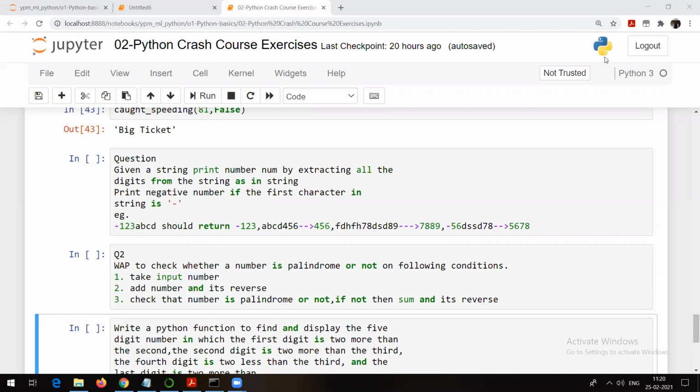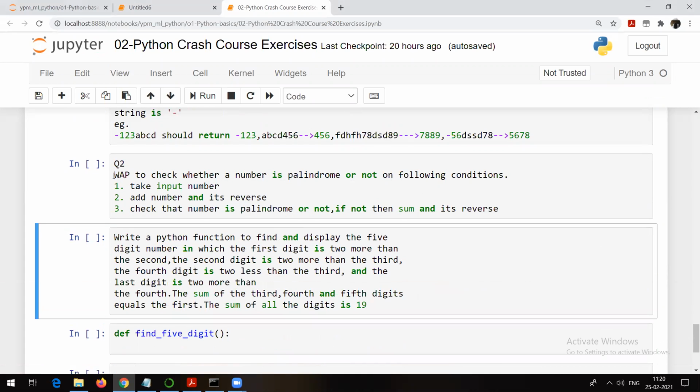Okay, Omkar Patil is asking about a given string number. Okay, that is done. Janvi is asking this question: write a program to check whether a number is palindrome. Okay, this question, yes, definitely I will do. This is something new. See, this one now.